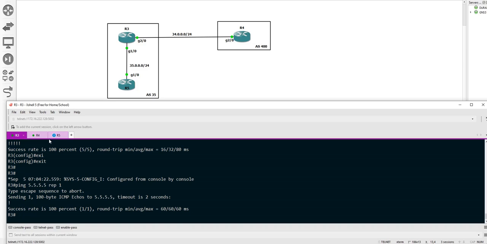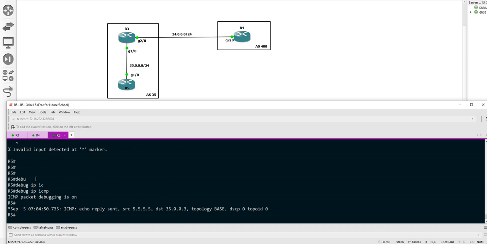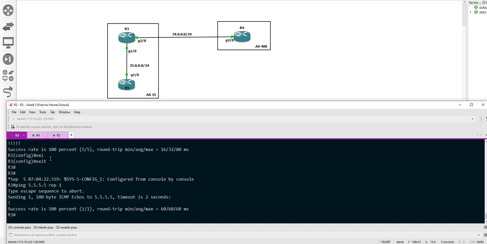It is also being captured here in router 5's debugging logs. Here we can see the ICMP echo reply sent from source 5.5.5.5 to the destination, which is what? Router 5's destination is 35.0.0.3, which is the Gigabit 1/0 IP address of router 3. So when you do source loopback 0, and also let me set repeat count 1 instead of